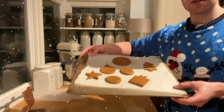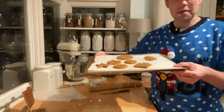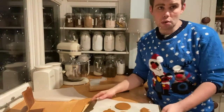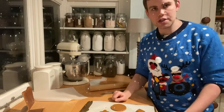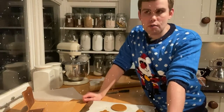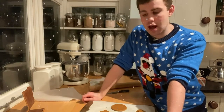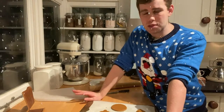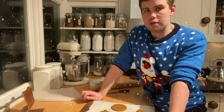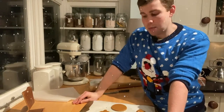So you can see that I have transferred my biscuits onto a baking tray. If you have them, these double bottomed ones are really good. It just helps stop them burning, but if not, then a normal baking sheet is absolutely fine. They are going to go into a preheated oven at around 160 degrees for between 6 to 10 minutes. It really does vary. If you like them slightly chewier, I'd say on the 6-minute side. If you want them a little bit more crisp like a biscuit, then leave it a little bit longer, but between 6 to 10 minutes, after which time you can